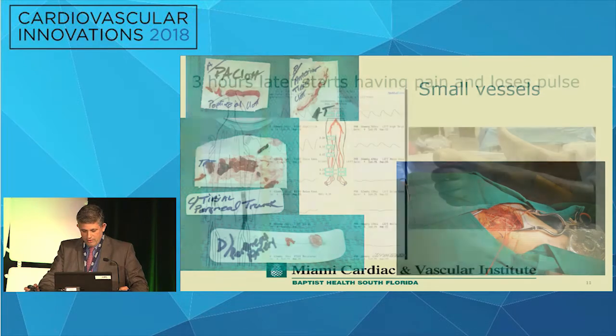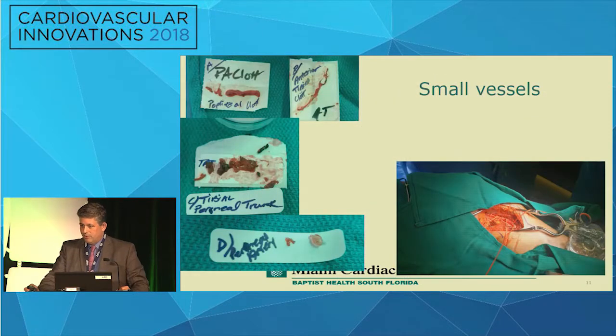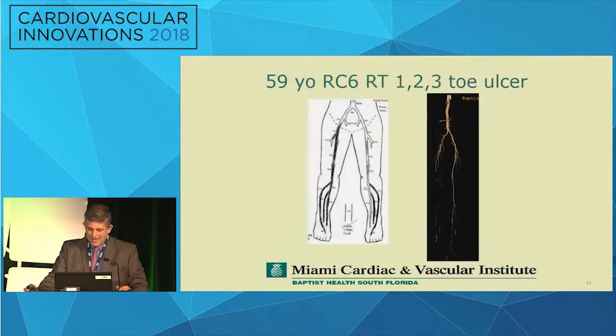And you can see on this exam, she also had issues on that right leg that she didn't have before we started. And I can tell you I was very fearful of doing anything on her. She came back 6 months later, and we were able to treat because she was really having critical symptoms on that right lower extremity. Again, to me, I think this is small vessels. This is that patient that you know you're not going to have a great result. Maybe this is someone who can get a bypass.